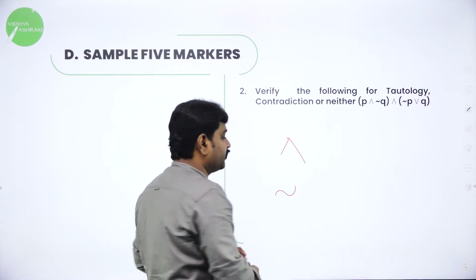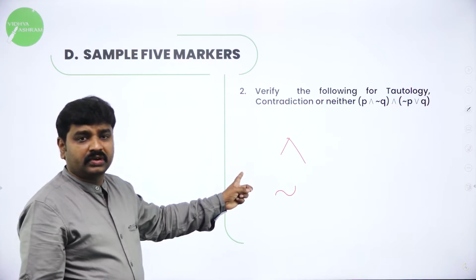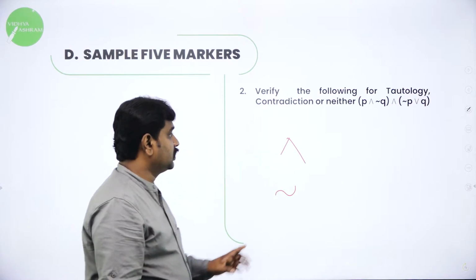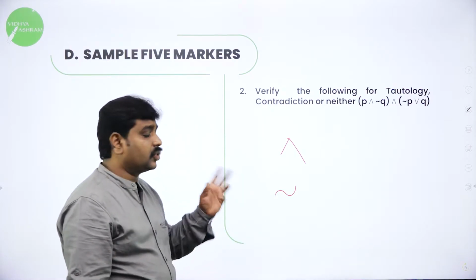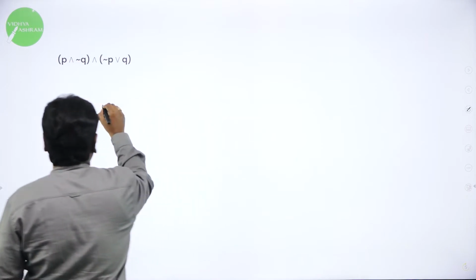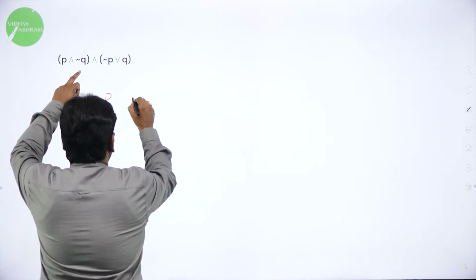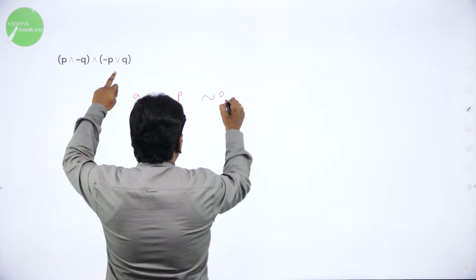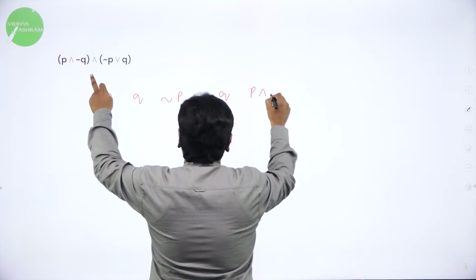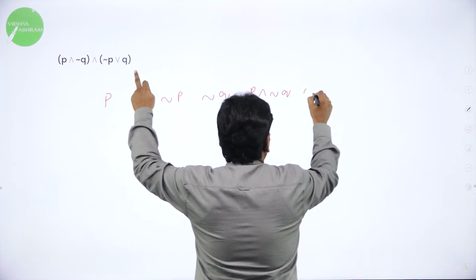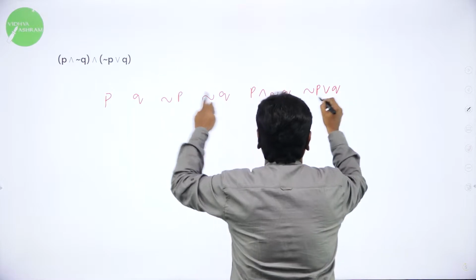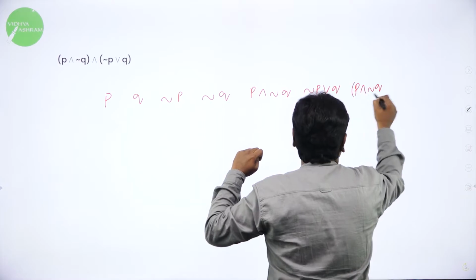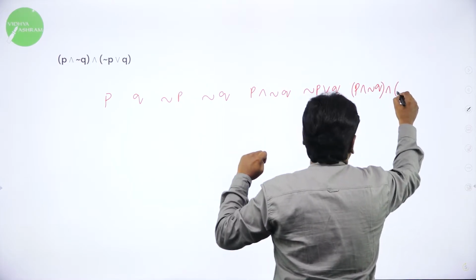Negation means, you know what is the logic of negation? If it is true, negation will become false. If the given statement is false, negation will become true. So this is a combination we have to take. We'll go ahead with this. So split the components P, then Q, then you can see not P, not Q are present. Then the component P and not Q. Then not P or Q, then combination of these two. P and not Q and not P or Q.